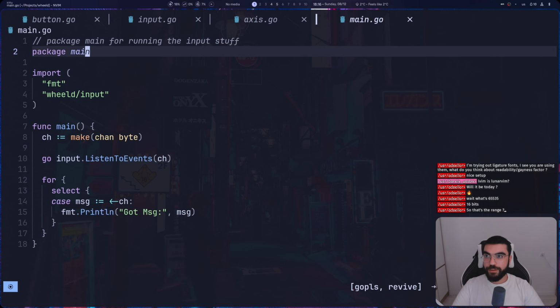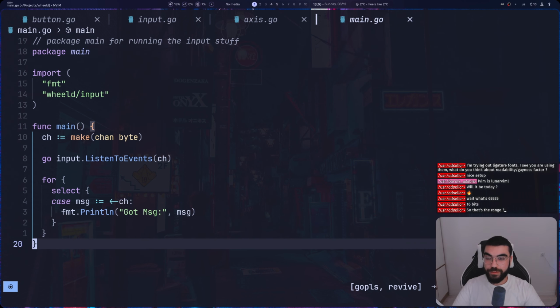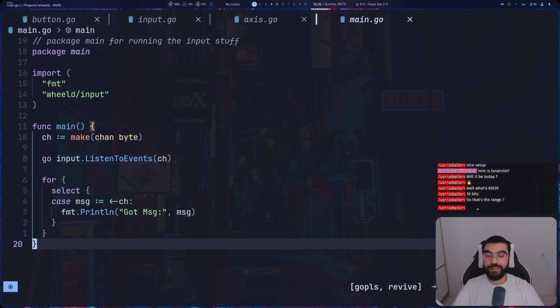So let's go over what we did here, because I think I'm going to wrap this up for now, and I'm going to go over what we are going to do next. First of all, I want to create a project where I can listen to input events from the Linux kernel. The events that I'm going to read are from my Logitech G923 racing wheel,